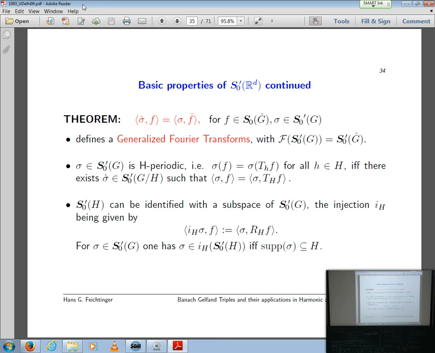Of course, by duality. Yes, the last theorem is something like this. If somebody tells you that the distribution in S0 prime is concentrated on a line, then you think maybe there's a distribution living on the line, so coming from one dimension, and that this is also valid. In particular, if somebody tells you here's a distribution in S0 prime which is living on a lattice, so on a discrete set, then,